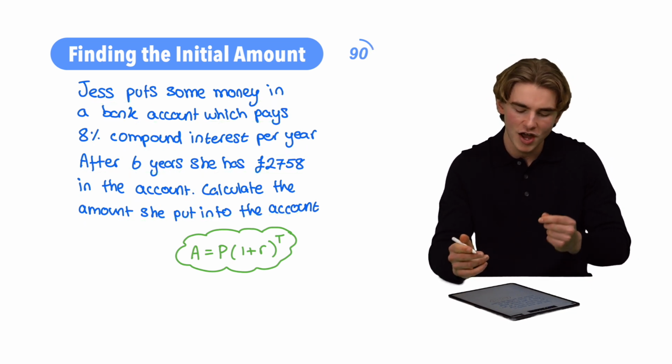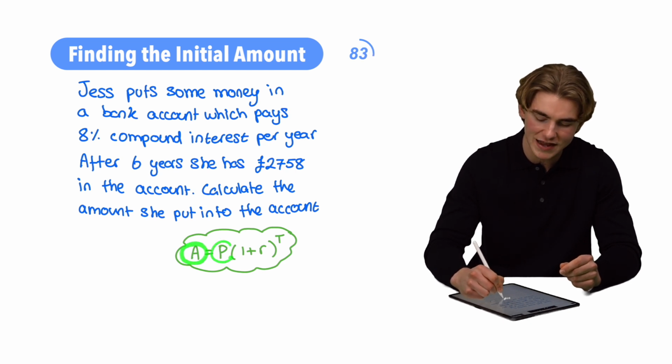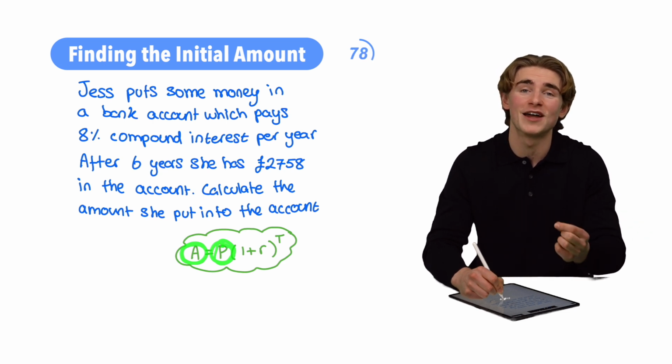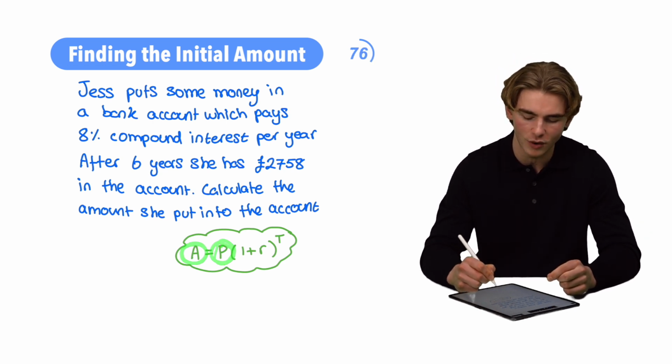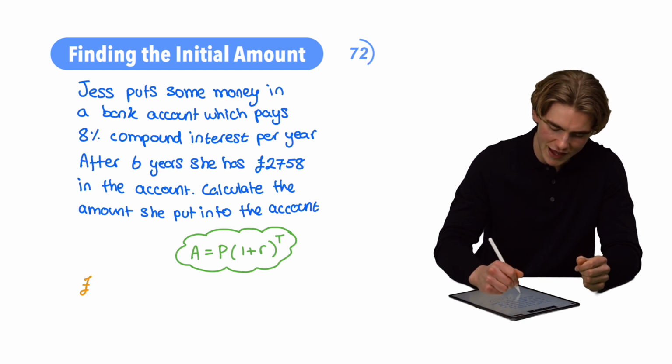So this time, guys, we've actually been given our end amount, which is A, and we're asked to work out our initial amount, P. So what we're going to do is substitute in all of the variables that we know, and then rearrange it to find the value of P. Let's get it done. So we know our end amount, that's going to be 2,758. So we can say that